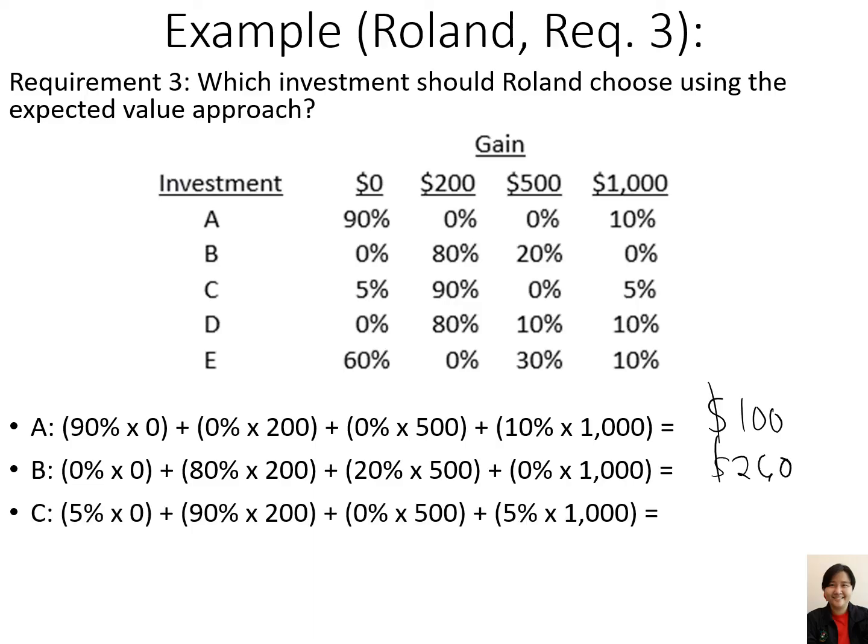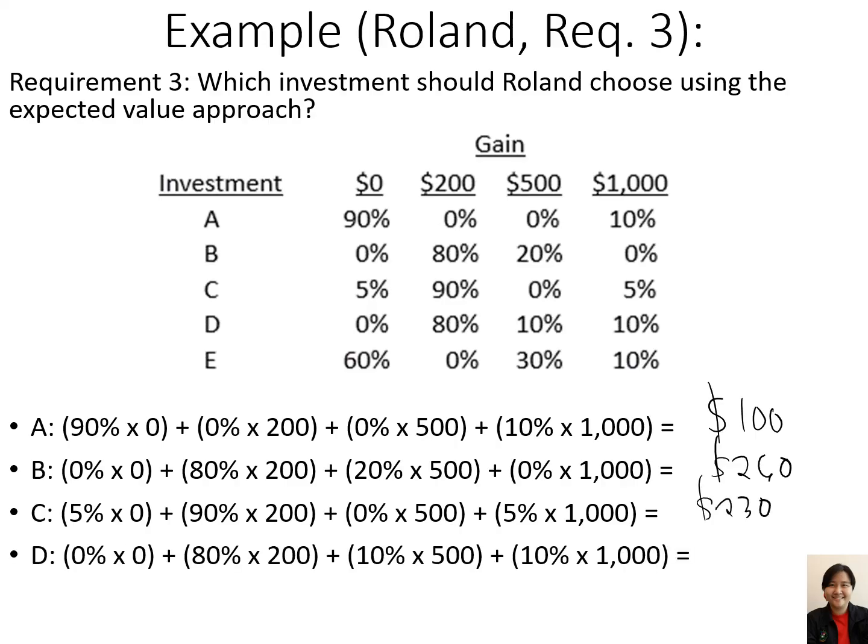For investment C, we have 5% times 0 plus 90% times 200 plus 0% times 500 plus 5% times 1,000, and we will have 230. For investment D, we have 0% times 0 plus 80% times 200 plus 10% times 500 plus 10% times 1,000, and that equals